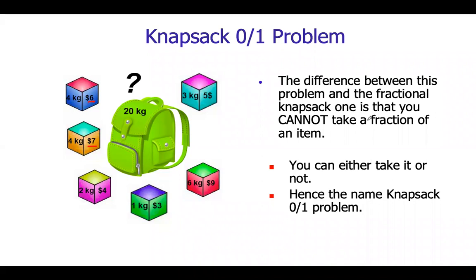The difference between fractional knapsack and 0-1 knapsack is that here you can't take a fraction of an object. Consider this as some object of 3 kg; it means you have to consider the entire 3 kg. In fractional knapsack, how we did it is, if only 2 kg is remaining, I would take 2 kg of this item. In the previous fractional knapsack problem, if only 3 kg were left, I would take 3 kg of the item. So we have done it like that.